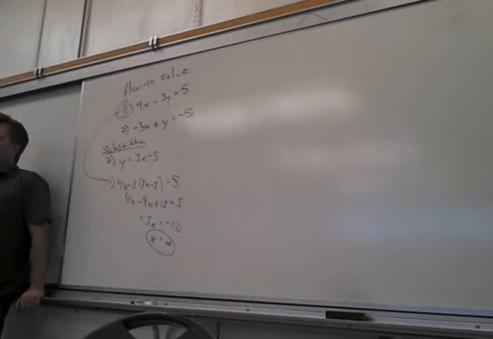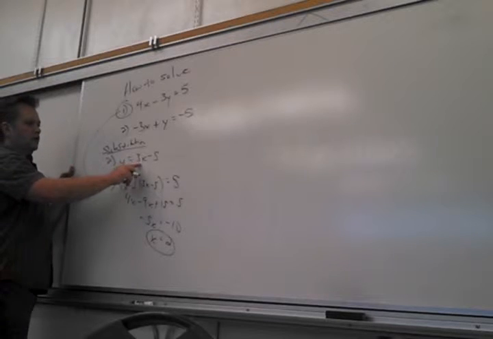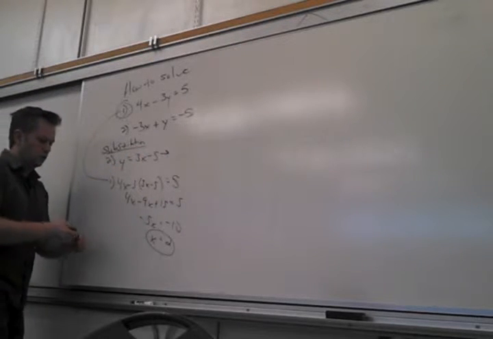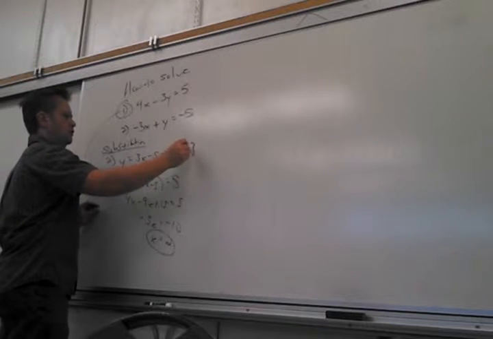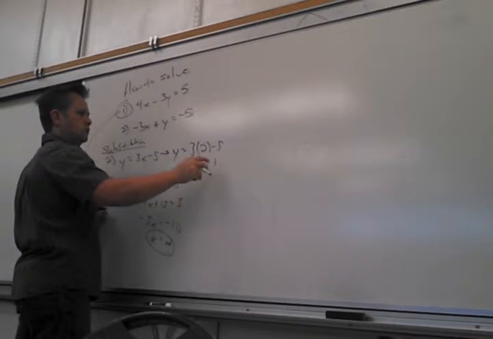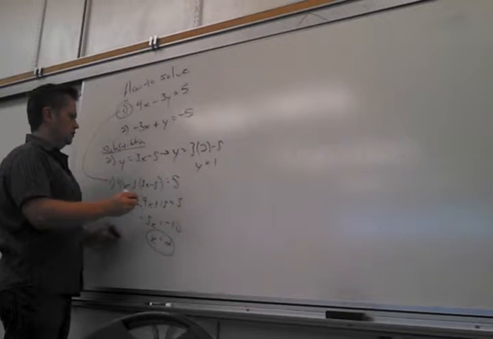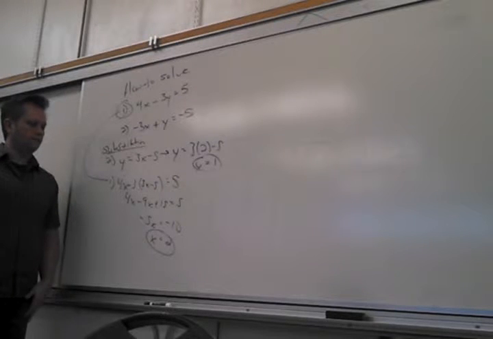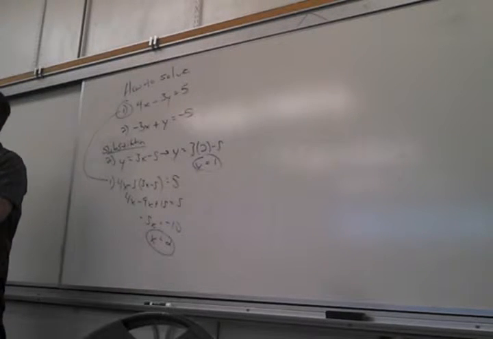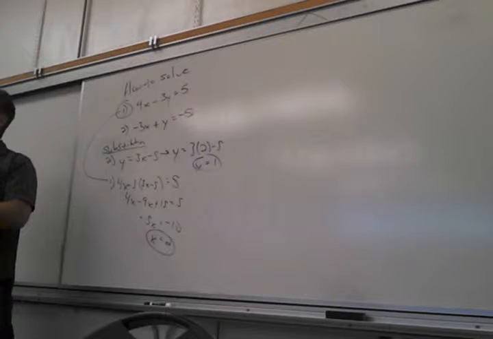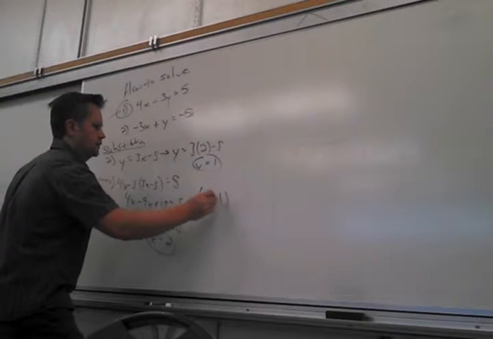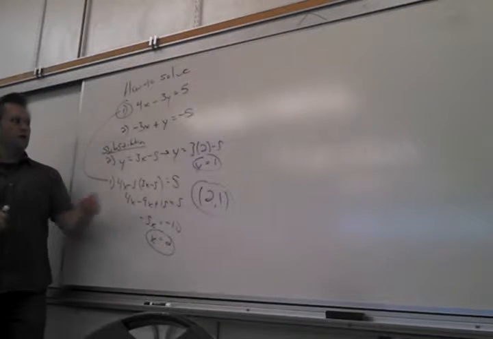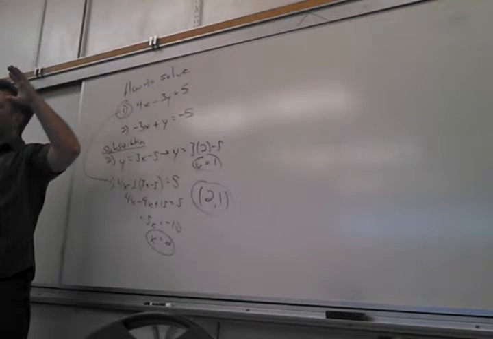Yay! And, of course, you don't stop there because there's 2 unknowns. There were 2 perpetrators. Plug it back in. And when you do substitution, you always have an equation that's better used. So y equals 3 times 2 minus 5. Y equals, you can do it, Jeff, is it 1? Yes. You did it. Which really means what? What really is the answer? 2, 1. Beautiful. The point (2, 1),